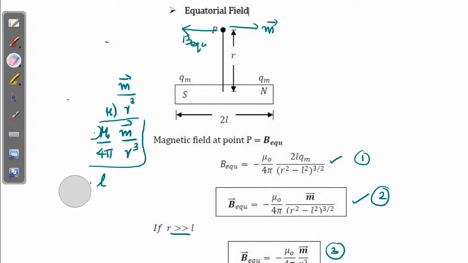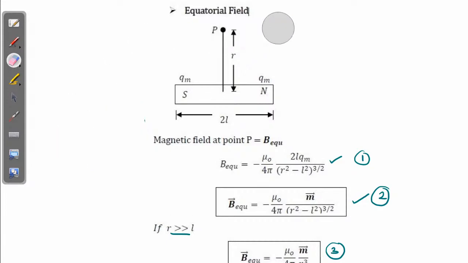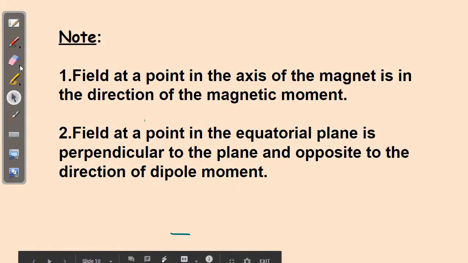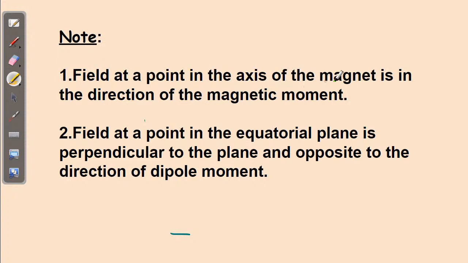The main point you have to remember here is, in the case of an axial point, the magnetic field and the magnetic moment are in the same direction. It's written here: the field at a point on the axis of the magnet is in the direction of magnetic moment. And if you are dealing with a bar magnet and finding the field at an equatorial point, then the direction of field is opposite to the direction of dipole moment. Those two properties are similar to the properties you have seen in the electrostatics chapter. Hope you understood what I explained here. If you have any doubt,